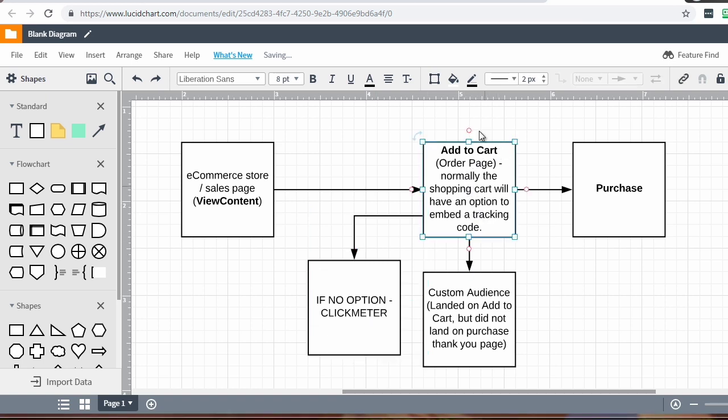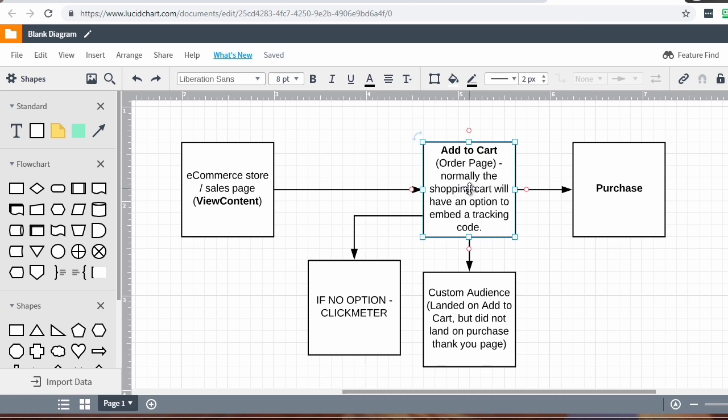And then of course we have add to cart, and then we have purchase. And then, like I said, you have these three pages. So 1, 2, and 3. Now you want to basically create a custom audience that says, if somebody lands on this page, so kind of think of some logic here. If, then this happens. If somebody lands on here, which everybody lands on here,